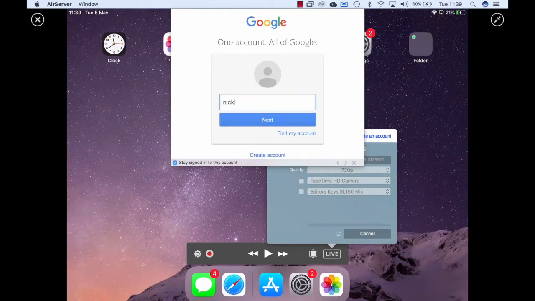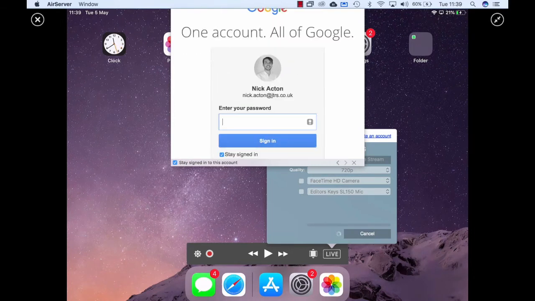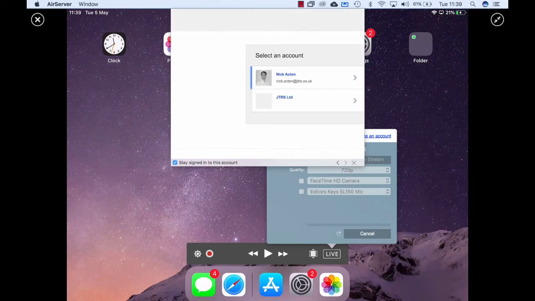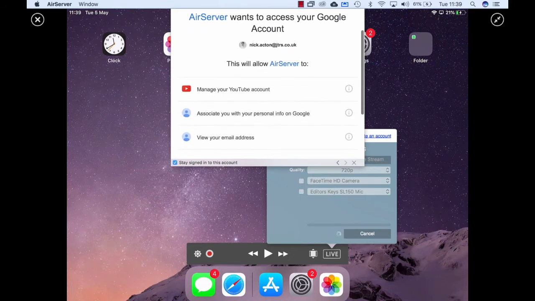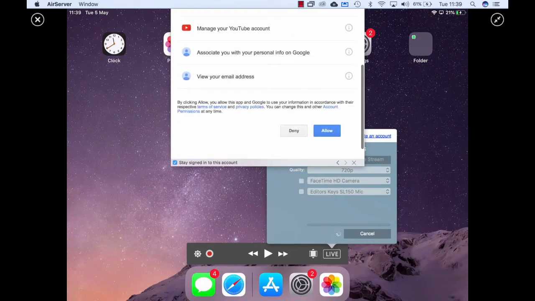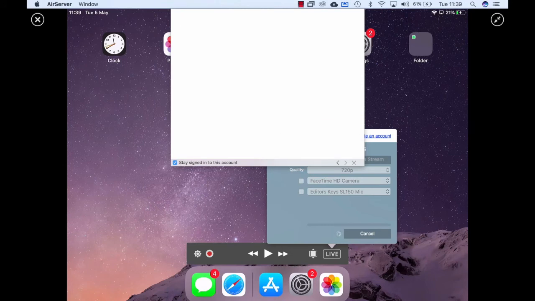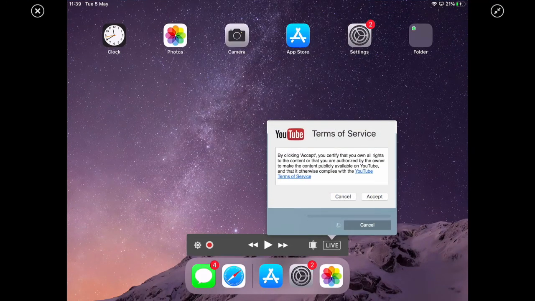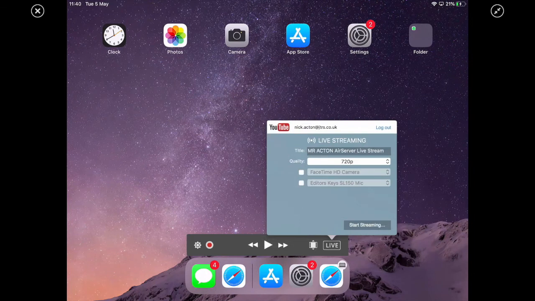First of all, putting in my YouTube email address, then confirming that I'm part of an organisation and putting in my password. Once I've done that, I select my account, I allow access to AirServer, and from there I accept the terms and conditions and I've started streaming. Now obviously once you've done that once, you won't need to keep doing that, and at this point I'm now